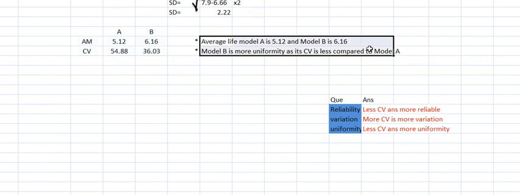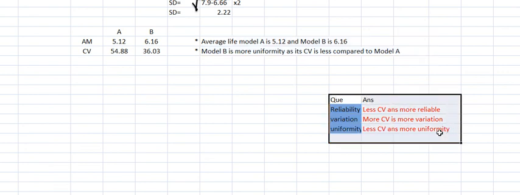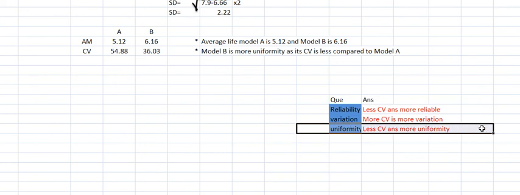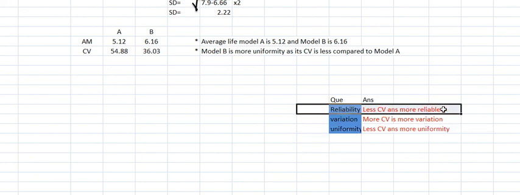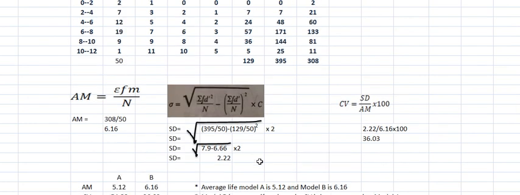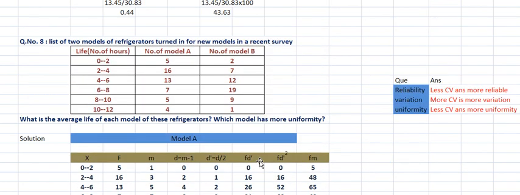You need to write the exam like this. So these are the 2 points. Without fail, you have to write what the questions raised to you are. This type of question is raised to you. In this question they are asking this one. Maybe in another question they are asking this one or this one. So in total 3 questions are there, right? You need to remember all the things. I think question number 8 is clear to each one of you. If you have any doubts, just ask me your queries.